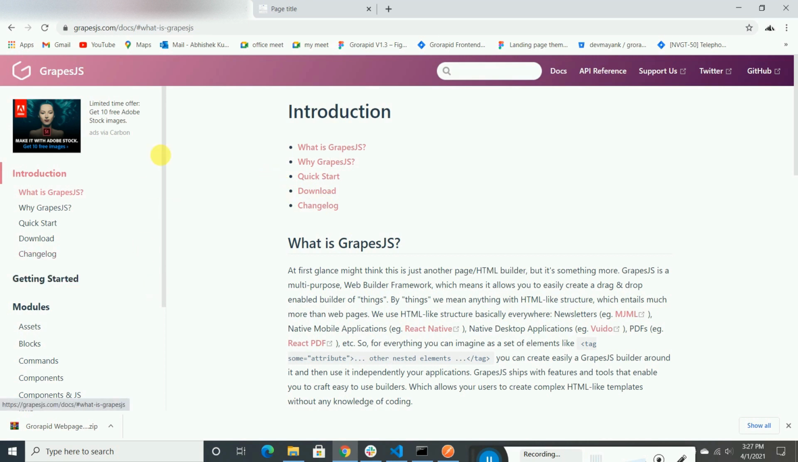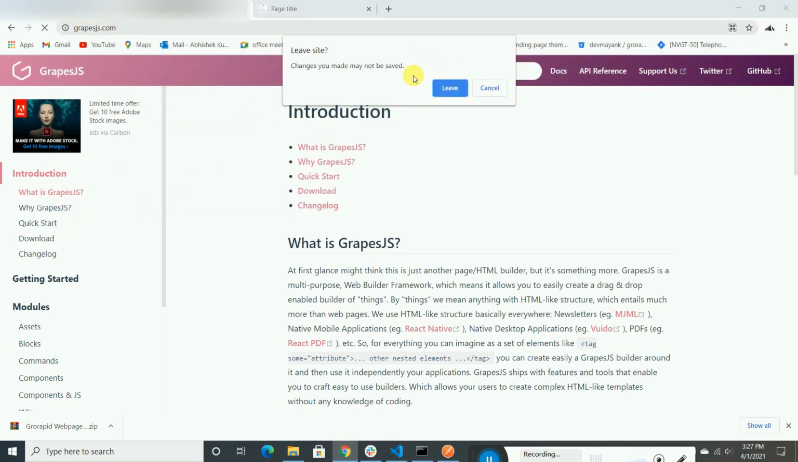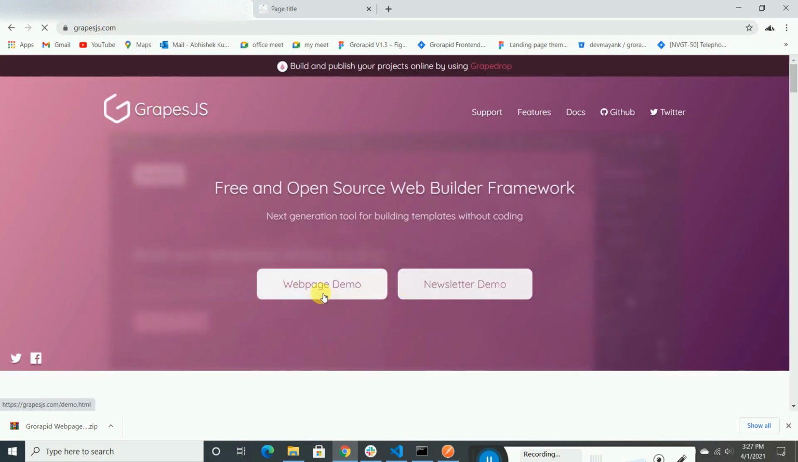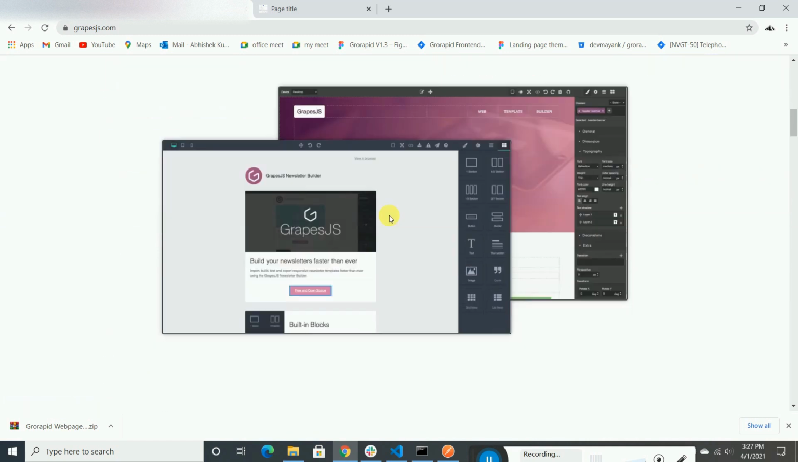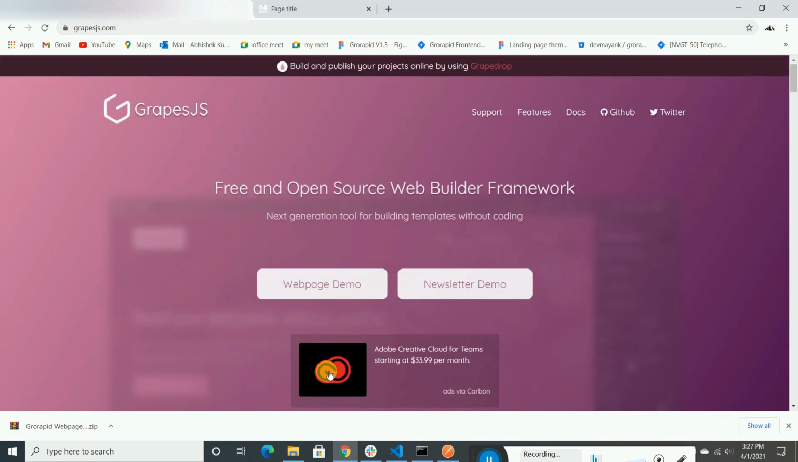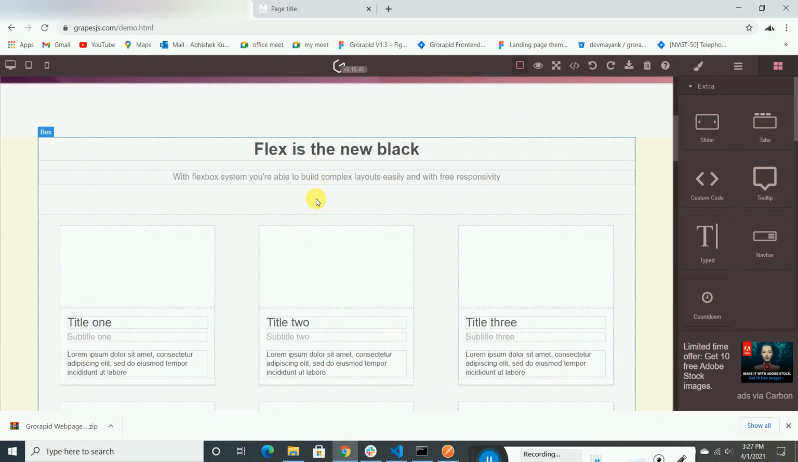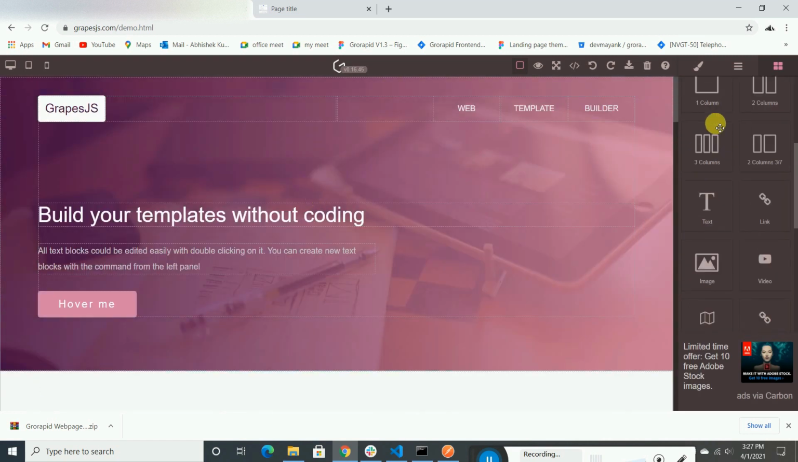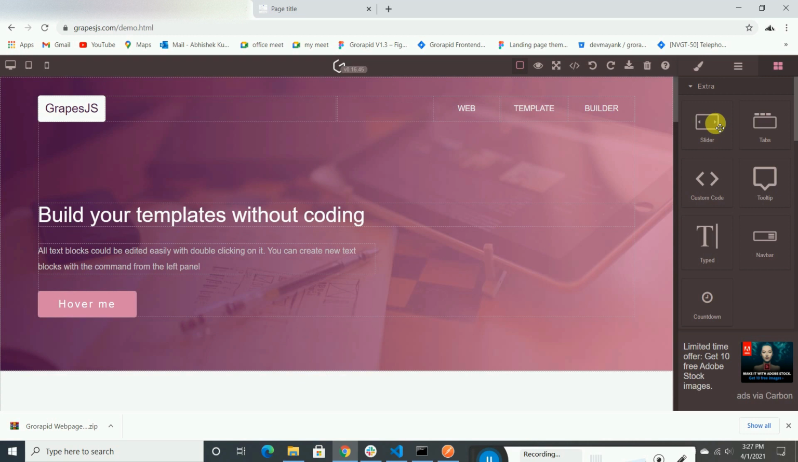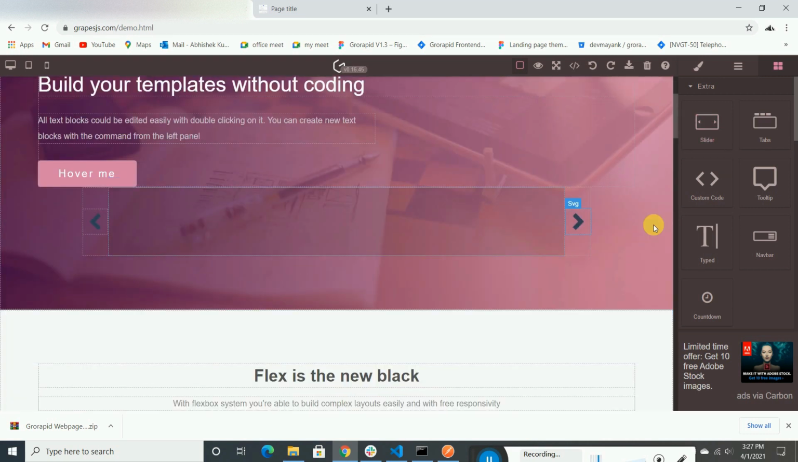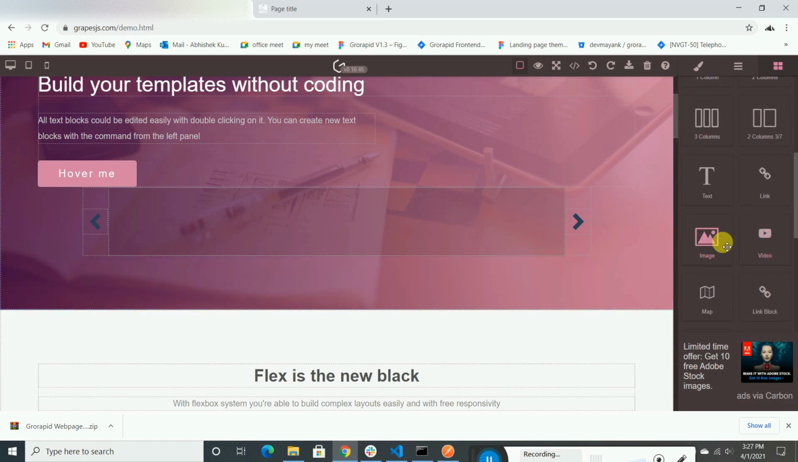Where is that? If you directly just click this, apart from, oh yeah, you can see at this page there are two: newsletter demo and web page demo. So we're gonna see the web page demo, and it's gonna show you like this. There are a lot of components that you can drag and drop over here. You can use that, like I'm dragging this slider part, and inside that slider you can put multiple images like